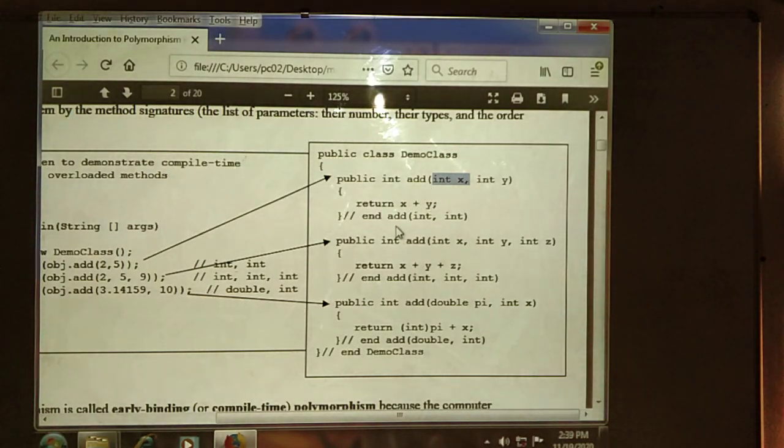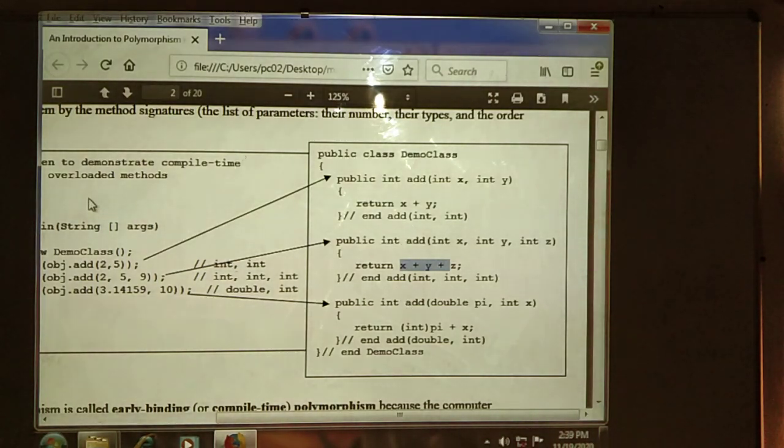Then we end the add method. Next, again we use the same method name, with three parameters, int x, y, z. The return type is also int, and we return x plus y plus z. Then end. This is the second method of the Demo class.